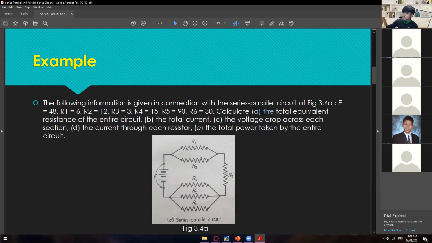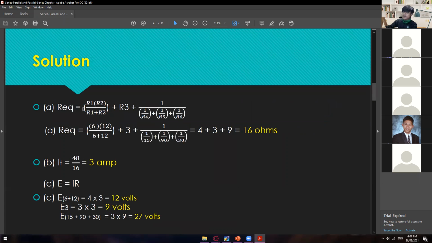Okay, so let's start with letter A first, of course. The total equivalent resistance of the entire circuit. So as you guys may all know, to compute this one, you have to combine R1 and R2 first, and then R4, R5, and R6, and then combine the 3 or just add the 3 sections. So first, we have to solve for R1 and R2, or this section. To do that, we have this formula. Okay. So if there are only 2